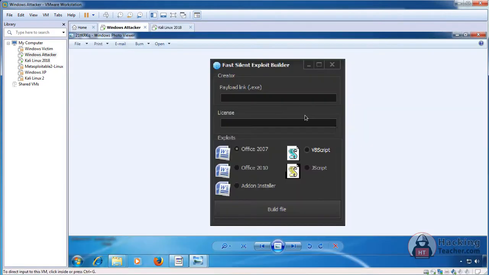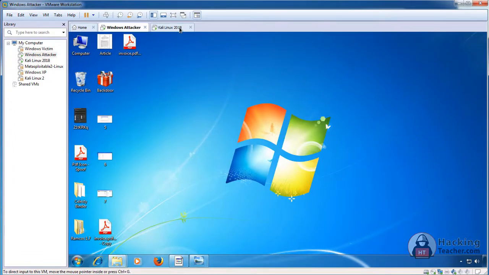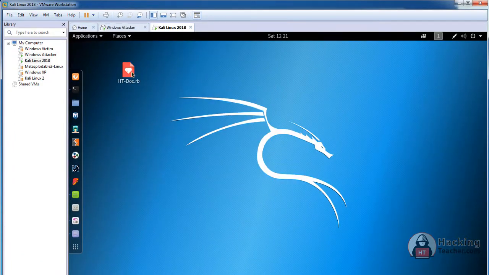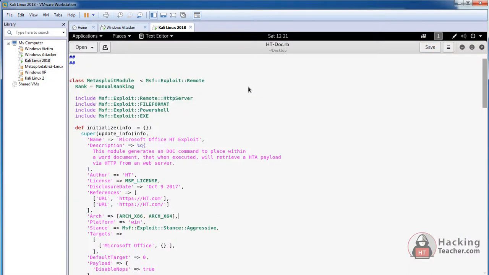But let's do a practical. Let's close this type of builders and go directly to the code level. So this is the exploit, and I'll not make this video too complex. I'll just show you how it has to be built. Basically, if you want to make your own exploits, you need to learn Ruby or some programming language. Or if you want to buy one, always prefer to buy it in code form, the raw engine form, which you can use anyway. You can also make a builder which uses this engine behind it, or you can use it directly in code form.